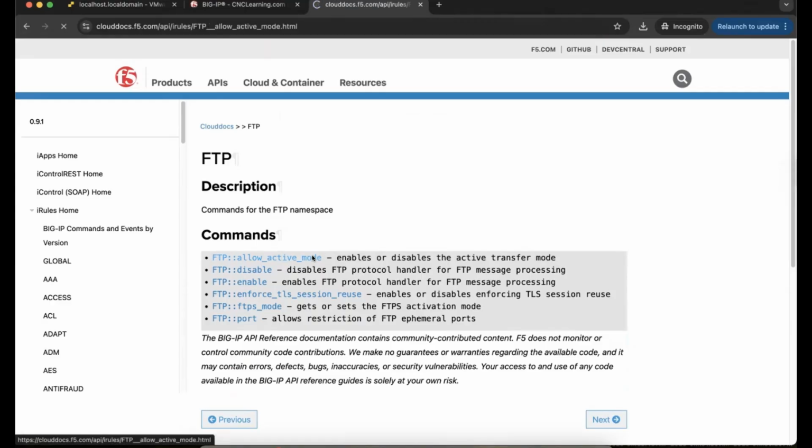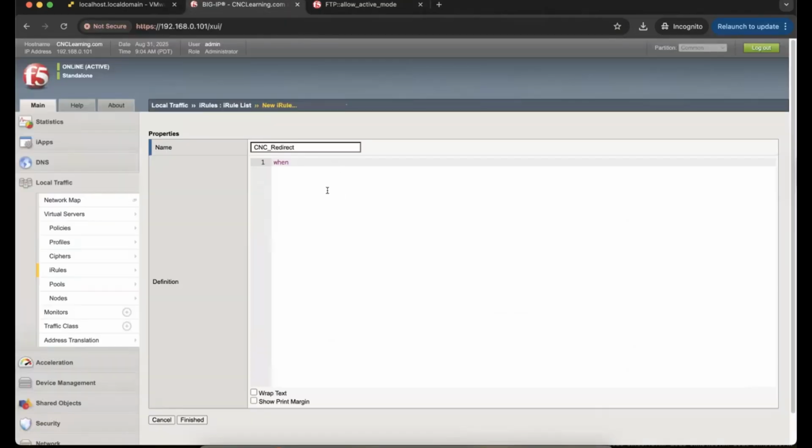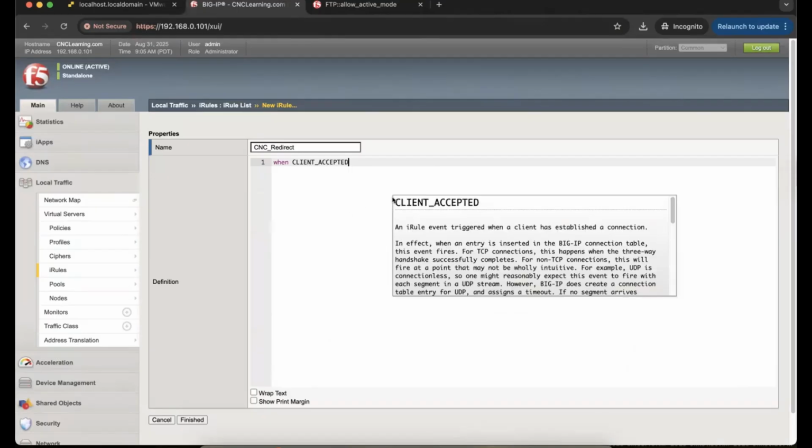A few commands here we see, and how they run it. So from here you can get a clear idea of whatever you want to do. The one we are trying is just a when and if/else condition. You will see whatever event is accepted here. Right now what we want is client accepted. So whenever client accepted,